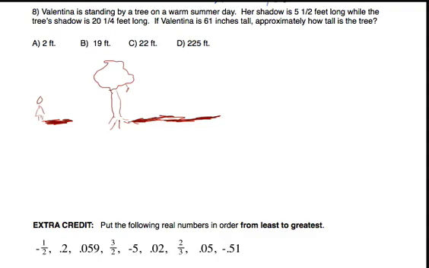And we know that the sun is beating down in the same direction for both. And since we have similar triangles, the ratio between the heights of the tree and Valentina and their shadows should be proportional, or the ratio should be the same. So now let's fill in our numbers. Valentina is 61 inches, and her shadow is